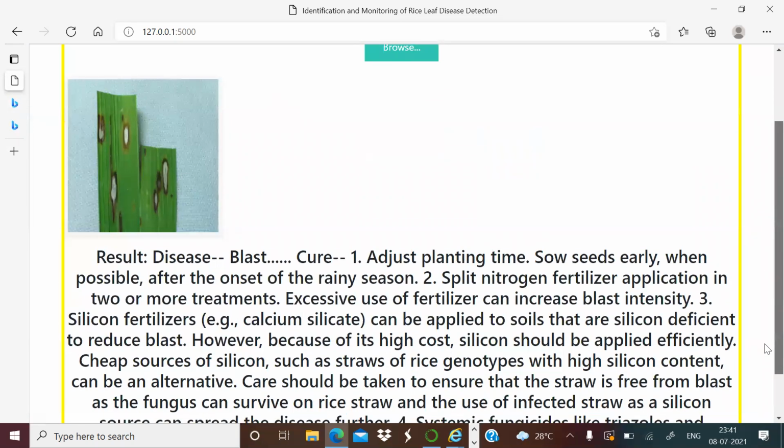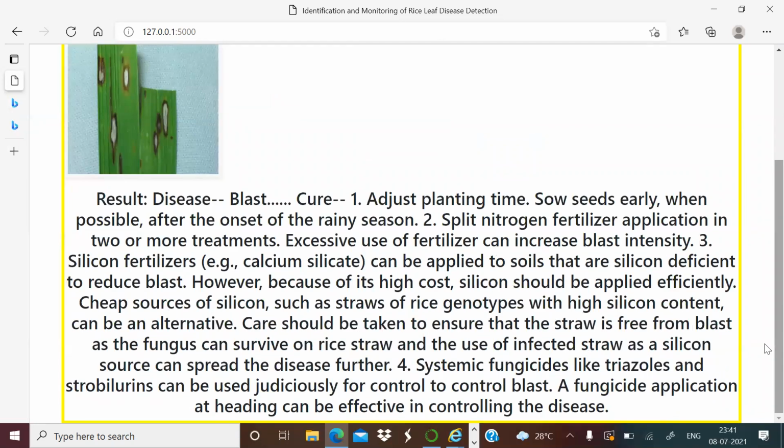As you can see, it has correctly predicted the disease and the project is working fine.